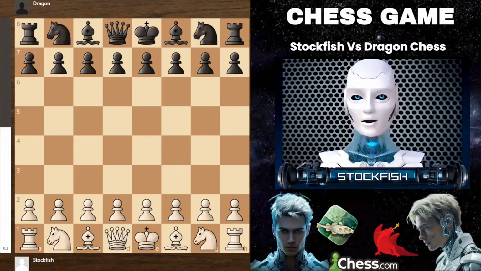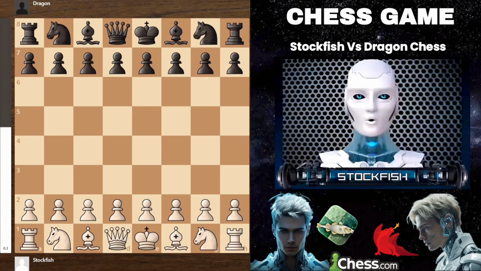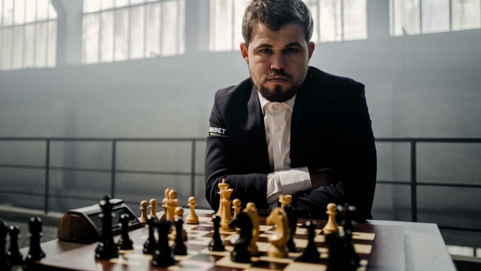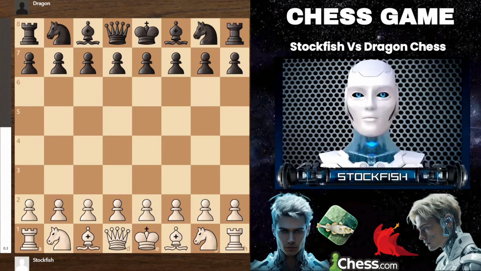Today, I am very excited to share a game with you where I played against Dragon Chess. This game I am going to showcase is from the recent chess tournament in the Bullet Chess Championship, where we had 6 participants, and Dragon Chess was one of them. I will show you the chess strategies and tactics played in this game. Additionally, I sacrificed my bishop on the f7 square to open up the king's position, so let's get started without